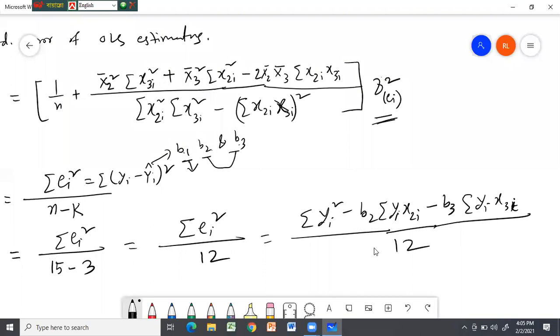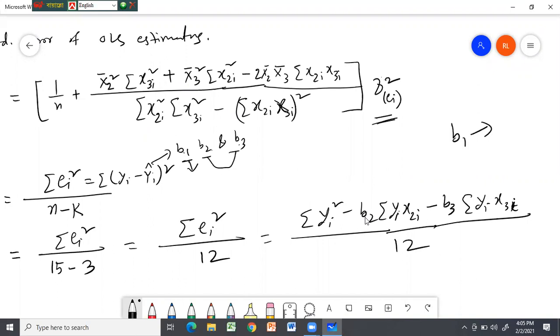So again, I would like to explain why the sum of ei square calculation formula is without B1. Can you all see that there is no presence of B1? B1 is not here, can you all see? Yes, sir. The earlier calculation, in the earlier chapter, I also told you B1 should not be in the calculation of the sum of ei square. It should not be there, because B1 is already included in,